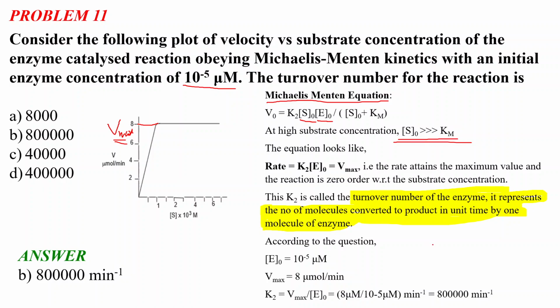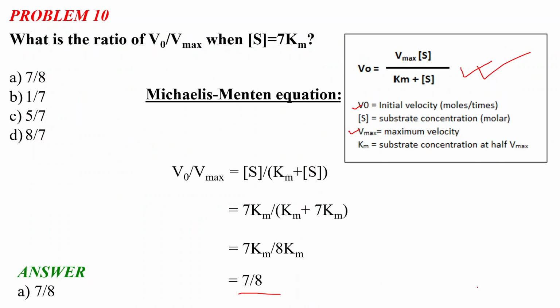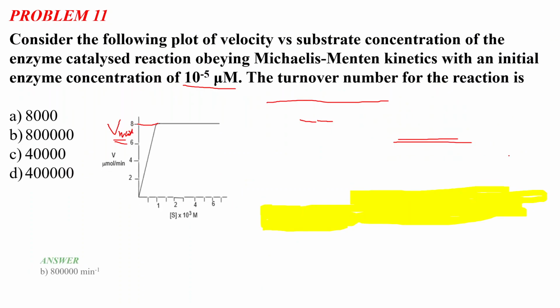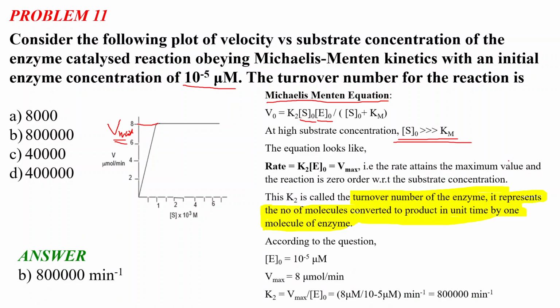And Km, what is the Km? The Km I have shown you in the previous slide. It is the Michaelis-Menten constant, which represents the substrate concentration at half Vmax. So at the higher substrate concentration, when S0 is much greater than Km, in the denominator of this equation we can just skip this Km part. Since S0 is very much greater, what happens is that S0 plus Km in the denominator will be roughly equal to S0,